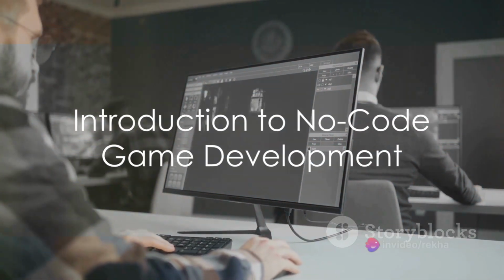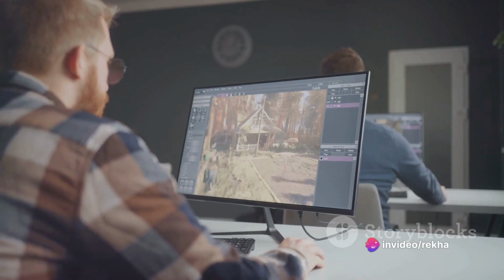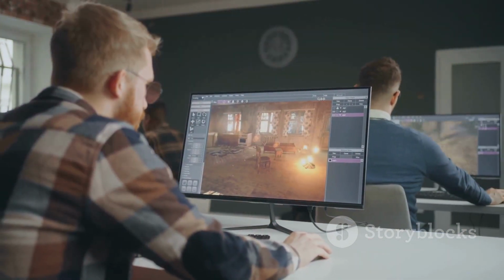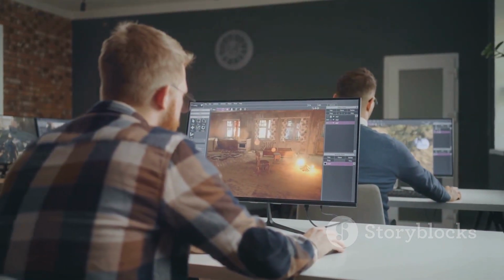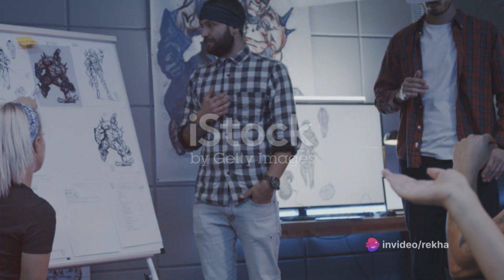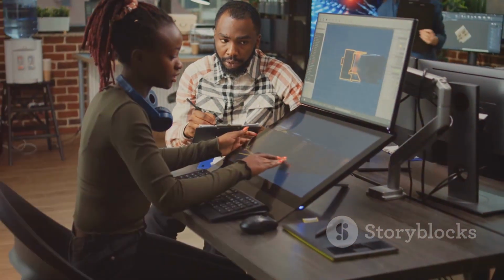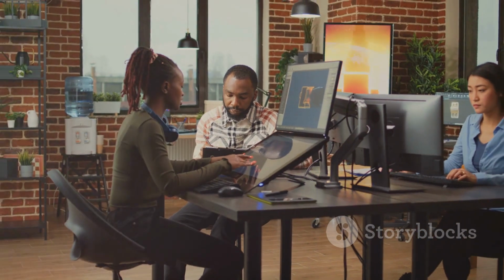Ever pondered over the mystery of game development yet felt deterred by the daunting world of coding? Fear not, as today we're diving into the revolutionary world of no-code game development, specifically focusing on the powerful Buildbox for AI. Imagine crafting your own game, complete with engaging mechanics and captivating visuals, without writing a single line of code. That's the magic of Buildbox for AI, a tool that's been changing the game quite literally in the realm